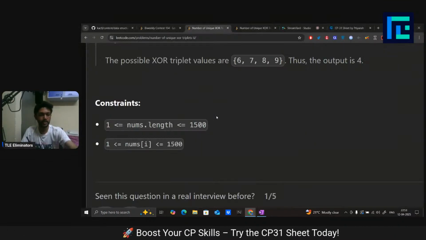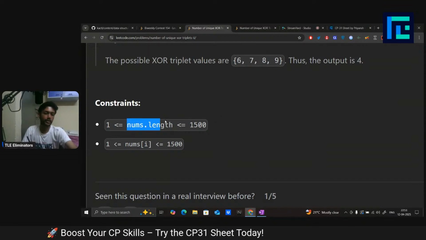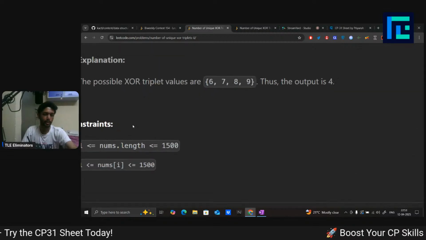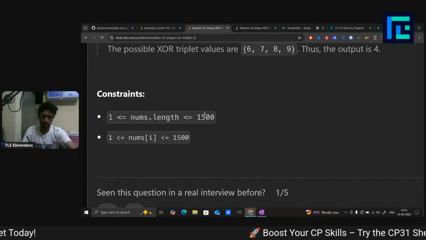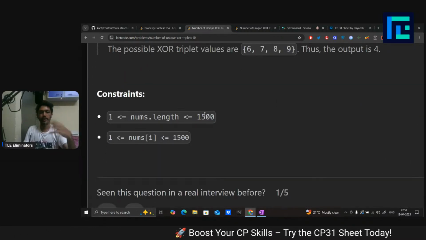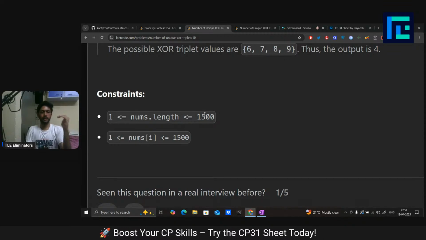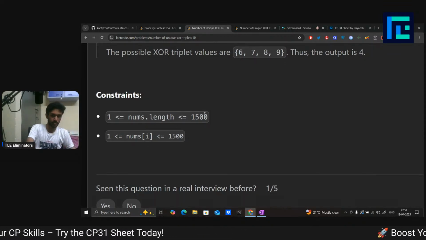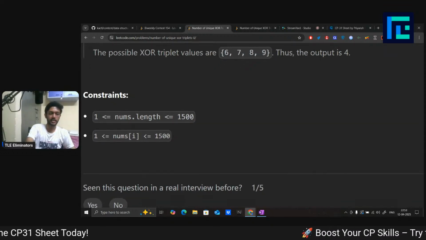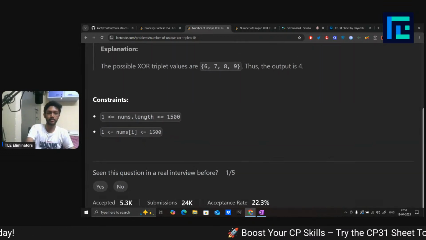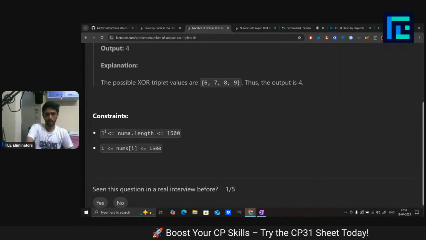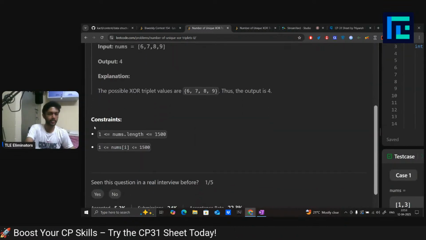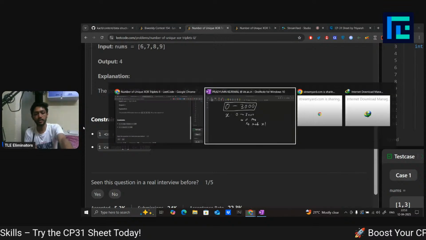Now one more observation here is that the length of this array, that is the number of numbers, is also very small. It is up to only 1500. So we can do n square in that also. If we run a nested loop twice over the array positions, it will not give TLE, right? So let's say I do that. Now, how do I use that fact to my benefit? I can simply